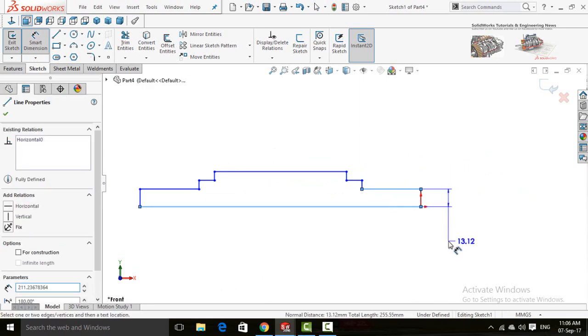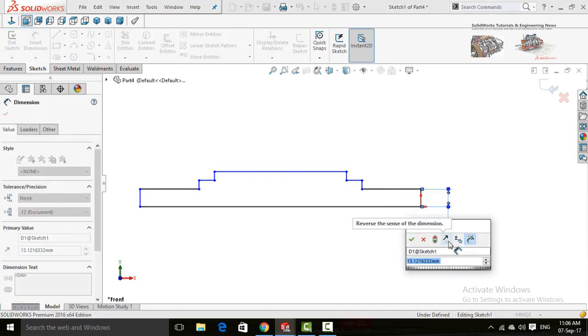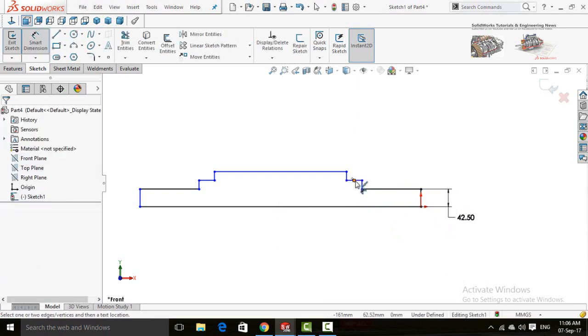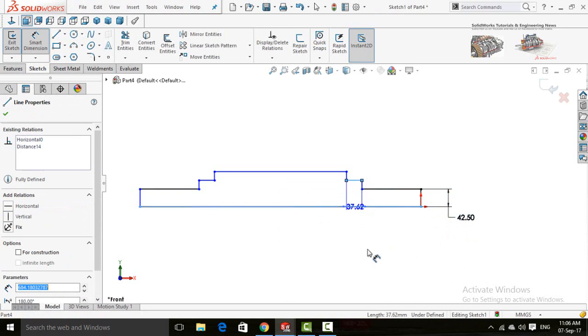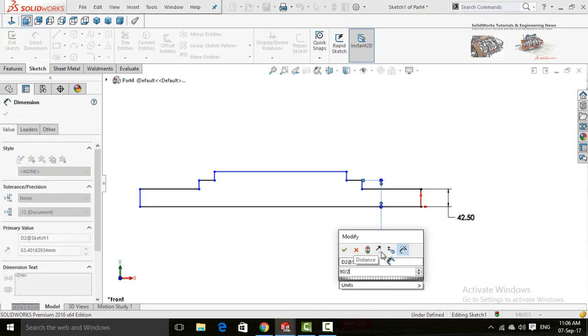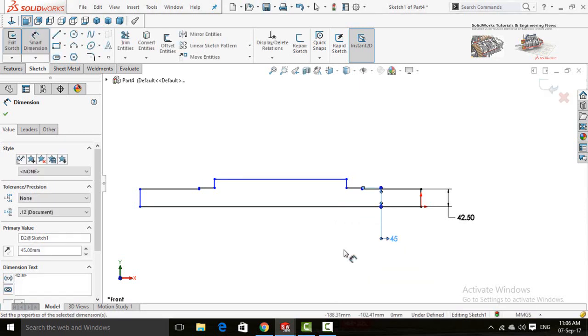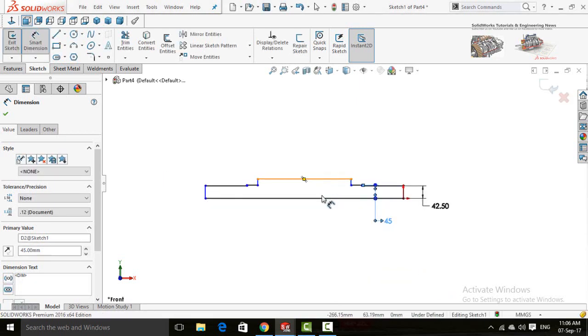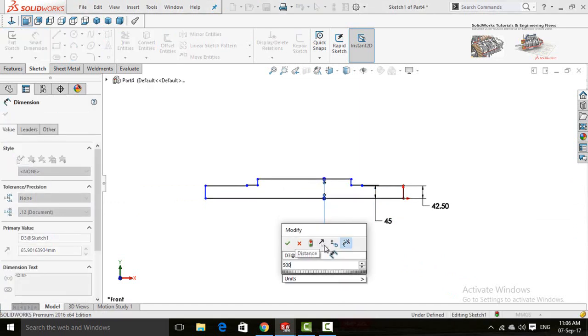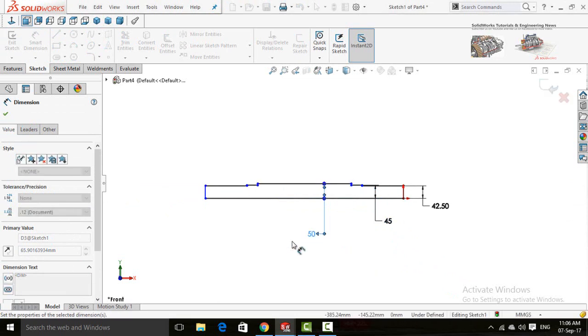This diameter is 85, as this is the radius, so we need to divide it by 2. This is 90, so 90 divided by 2, and this diameter is 100, which means the radius is 50.